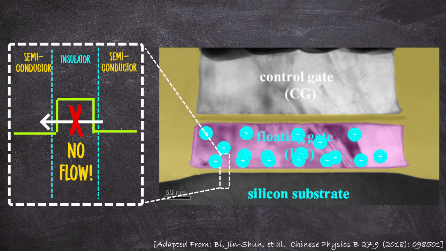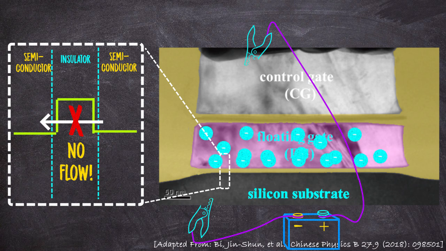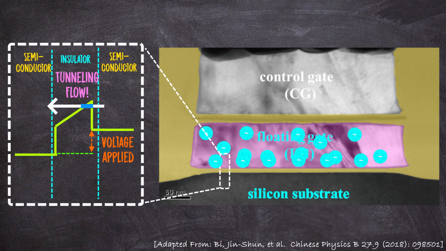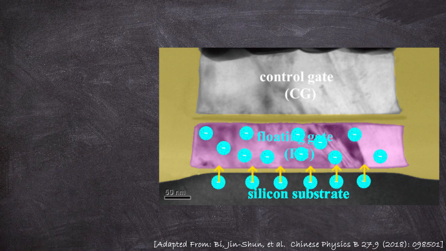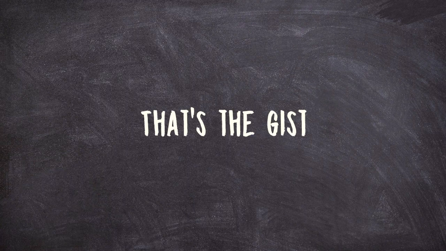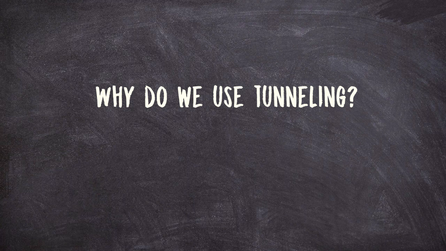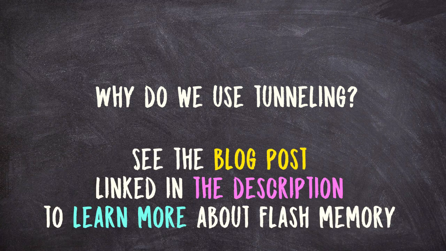So, if we do nothing, electrons that are on there stay there for at least 10 years. But if we then apply a voltage to this sequence of layers, as we discussed, this insulating layer separating the island and the reservoir of charges gets more triangular, and thus effectively thinner, and tunneling current increases exponentially. And suddenly tons of electrons can flow onto or off of the island. And that's how flash memory works, through quantum tunneling onto and off of an insulated metal island. Or at least that is a very crude, brief overview. If you'd like to know more about this, like for example why we use quantum tunneling versus other ways, I provided a link in the description to a blog post I made where I give some more detail.